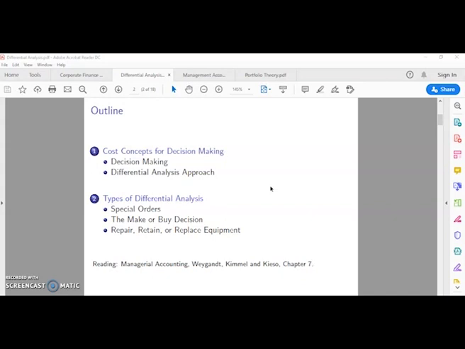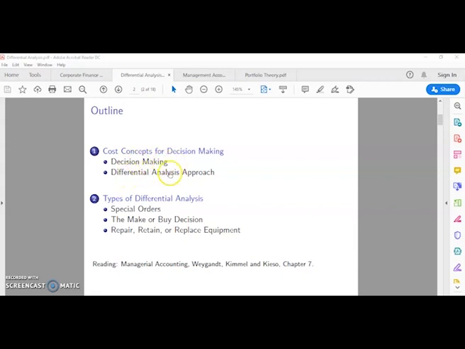So far we had a long discussion and many exercises regarding the cost concepts and how the cost management can affect the company, why cost management is important in the companies, and today we will discuss the cost concepts for decision making. To start with this, of course, we need to discuss the decision making itself and